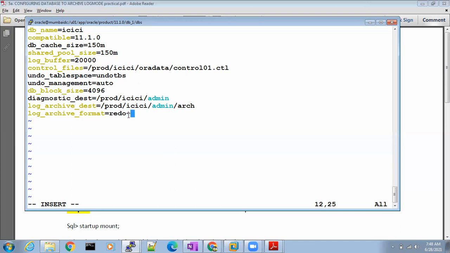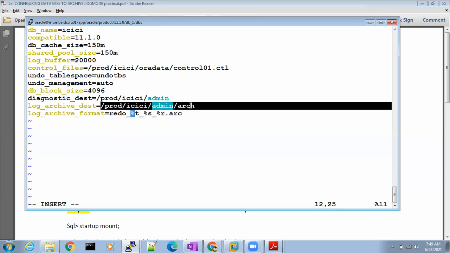redo_%t_%s_%r.arc. So .arc is the archive format. What are the two parameters you have given? One, the destination where to create the archives.